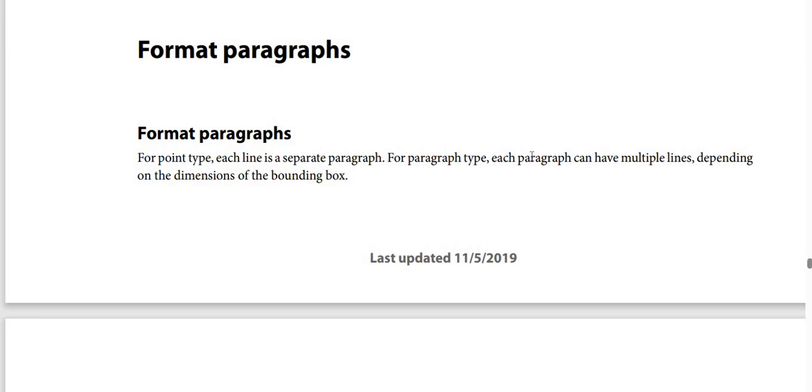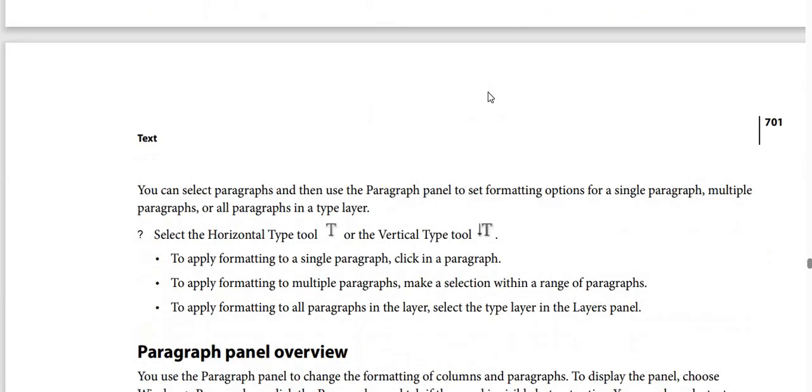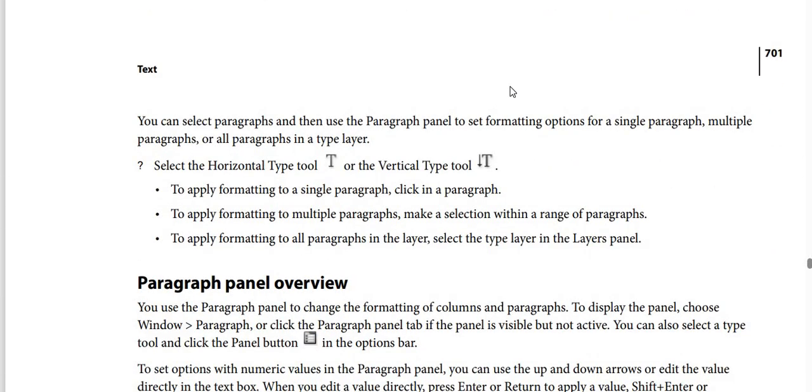Format paragraphs. What about format paragraphs? For point type, each line is a separate paragraph. And for paragraph type, each paragraph, by the way, can have multiple lines depending on the dimensions of the bounding box. And you can also select paragraphs and then use the paragraph panel to set formatting options for a single